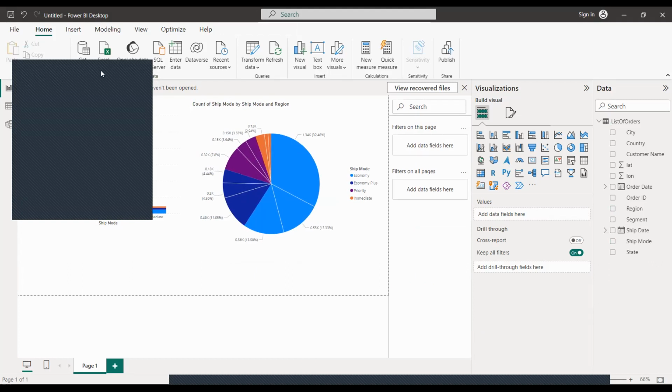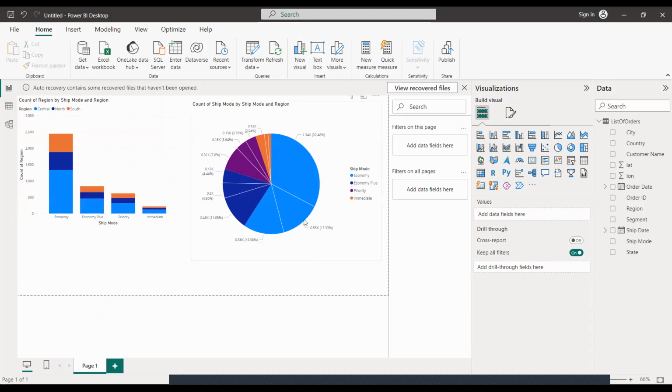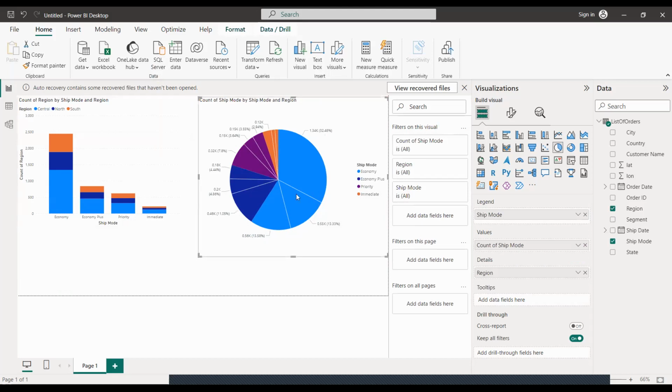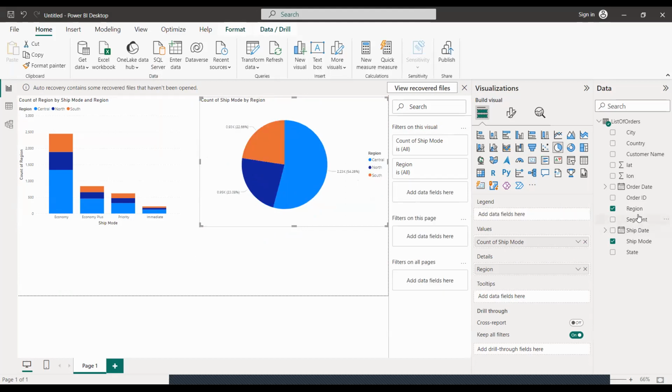All right, so I think we should be rounding off very soon. Okay. So we can see now we have two charts. One is a pie chart. Another one is the bar chart. So there are other types of charts that we can use in getting this information.